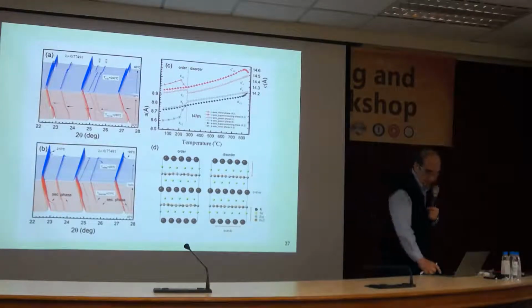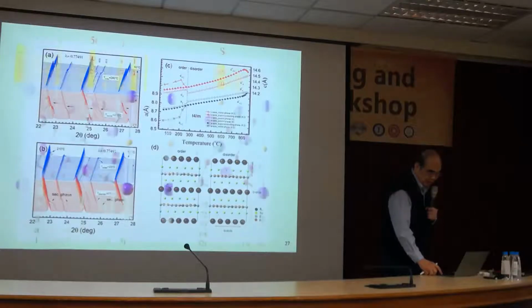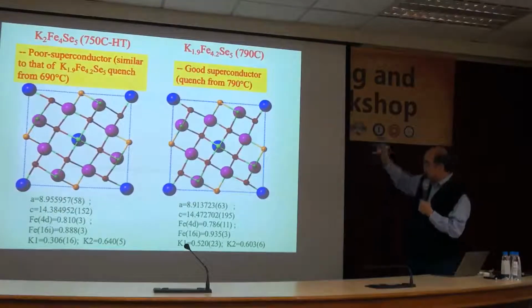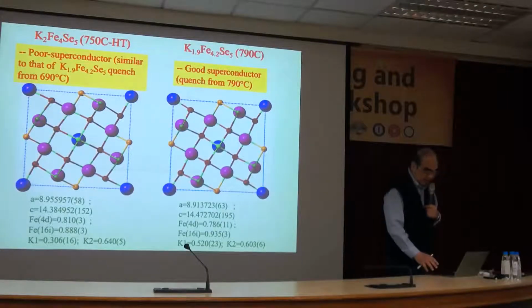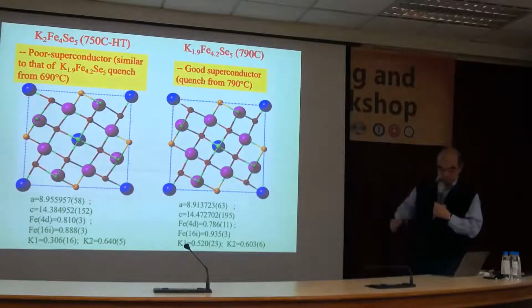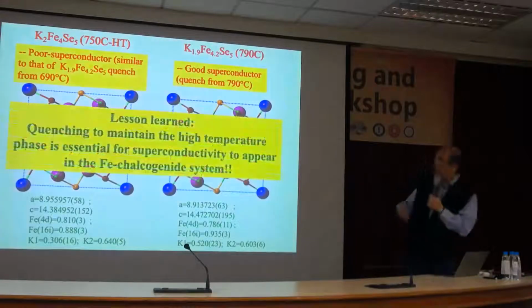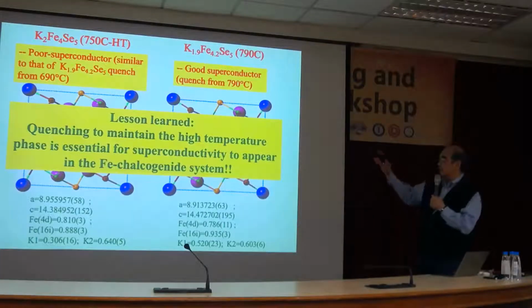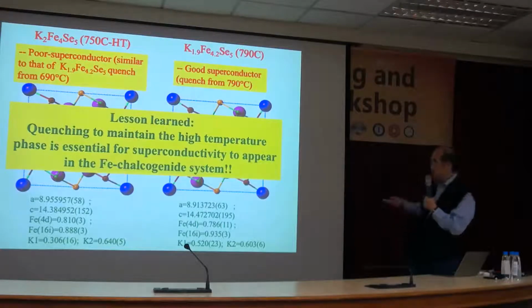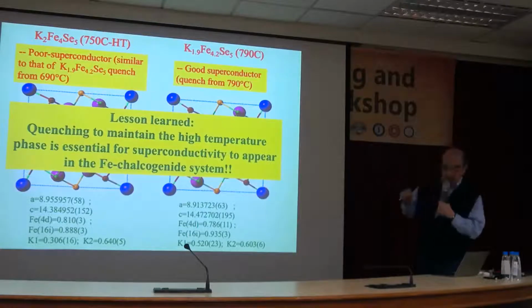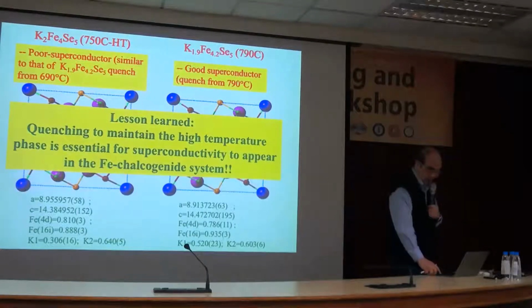Okay, and a little bit more detail. We could do a lot of this detailed calculation. It shows that quenching at high temperature maintains the high temperature phase. Okay, essentially the same kind of symmetry is essential. And also there is a little bit of distortion of the